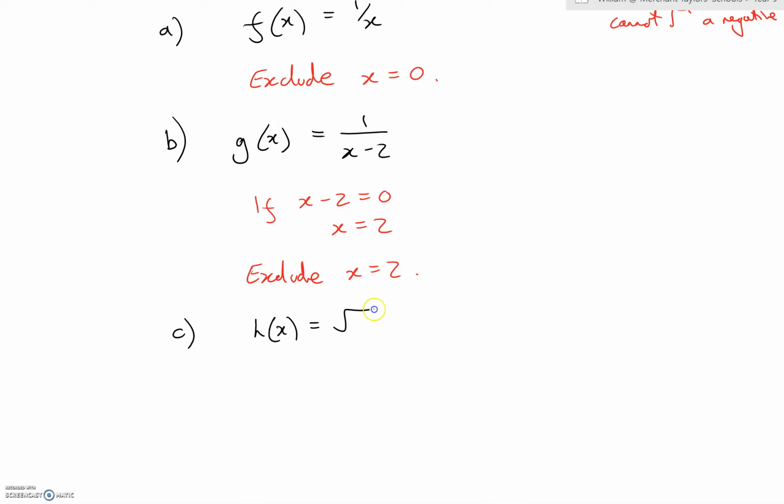And then similarly, if we've got things like square roots, a little bit trickier because there's more than one value, but we're not allowed to square root a negative. So I'm not allowed to have x less than 0. Now this is a range of values because you could have -1 or -2 or -7.6. There's an infinite number of values that you can exclude here. So here we just put whatever is underneath the root. If we make that negative, i.e. negative